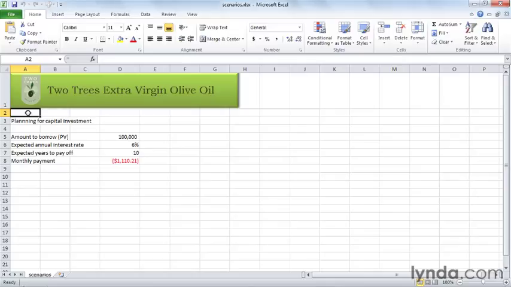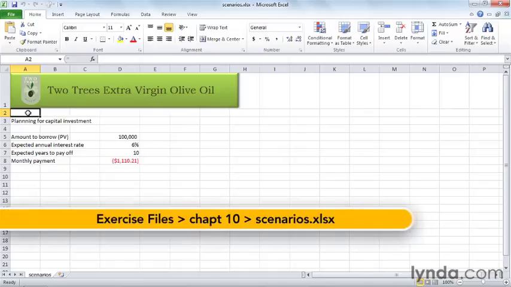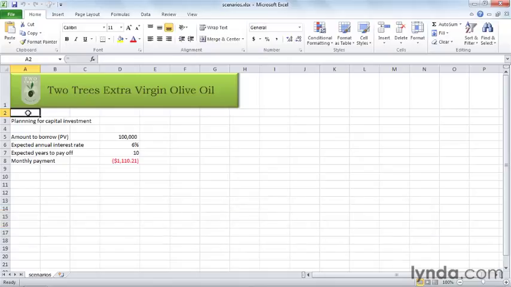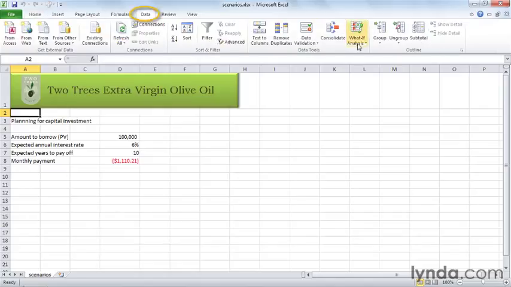Excel's goal seek and data tables features are really great, but there are times when you might want to change more than just one or two variables at a time, or maybe you want a nicely formatted report of all your possibilities. That's what the Scenario Manager is, and it's also under the What If button that we've been looking at in this chapter. So go to the Data tab, and over here, click What If Analysis, and choose the